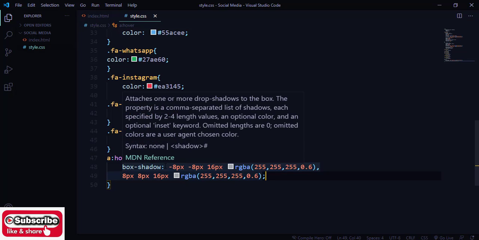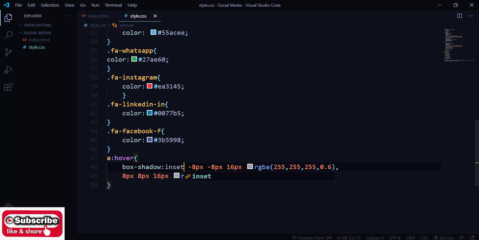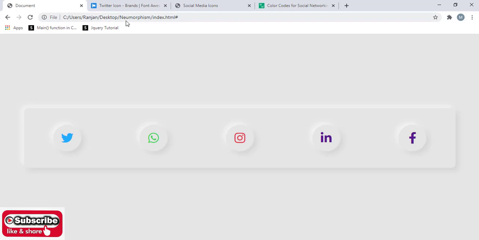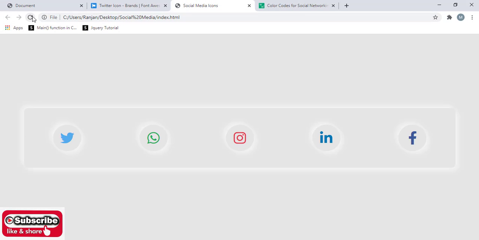Here I'm going to use the property name called inset. So what is the use of this inset? The shadow will move towards the inside of that box. Let me save and refresh my browser so that you will see the difference. When I hover, you can see the shadow is moving towards the inside. So this is about the